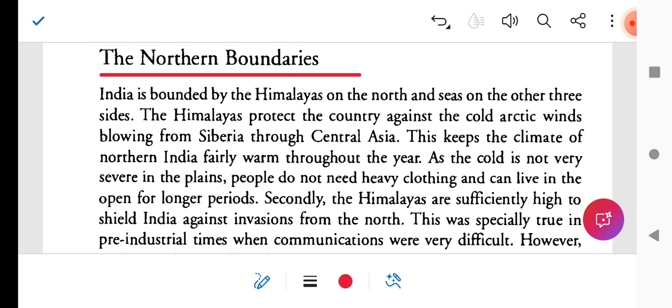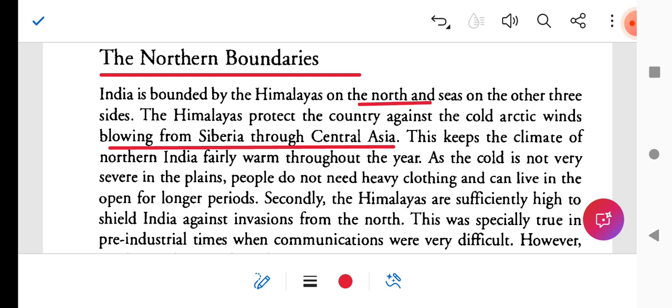Okay, the northern boundaries. India is bounded by the Himalayas on the north and seas on the other three sides, such as Bay of Bengal in the eastern side, Arabian Sea in the western side, and the Indian Ocean in the southern side. The Himalayas protect the country against the cold Arctic winds blowing from Siberia through Central Asia, because these are